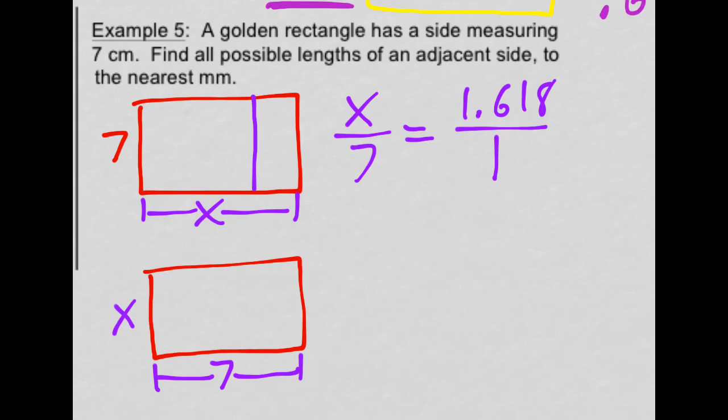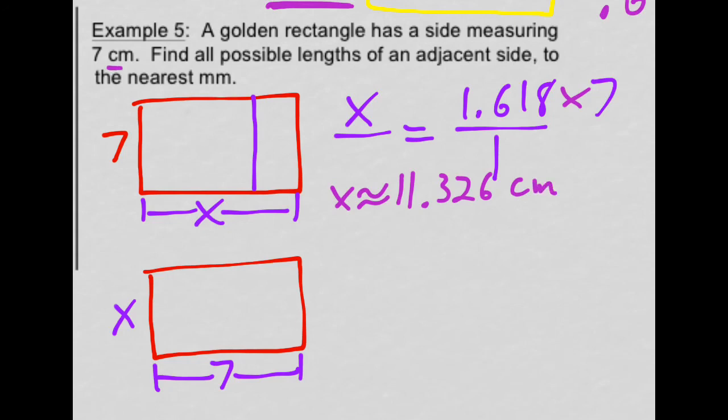And then we just bring our 7 over to this side. We're multiplying it. Boom, 1.618 times 7. And we get that x is approximately 11.326